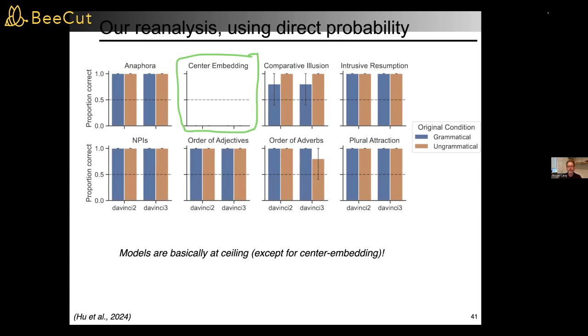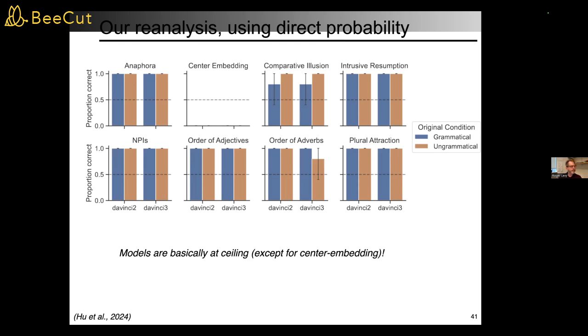So there does seem to be a bias, which I'm going to get to in a second, for these models to put higher probability on shorter sentences than on longer sentences, above and beyond a tendency to put higher probability on grammatical sentences than ungrammatical sentences. But when you do a good minimal pair comparison, for the most part, models are really good at putting higher probability on grammatical sentences than on their corresponding minimal pairs.